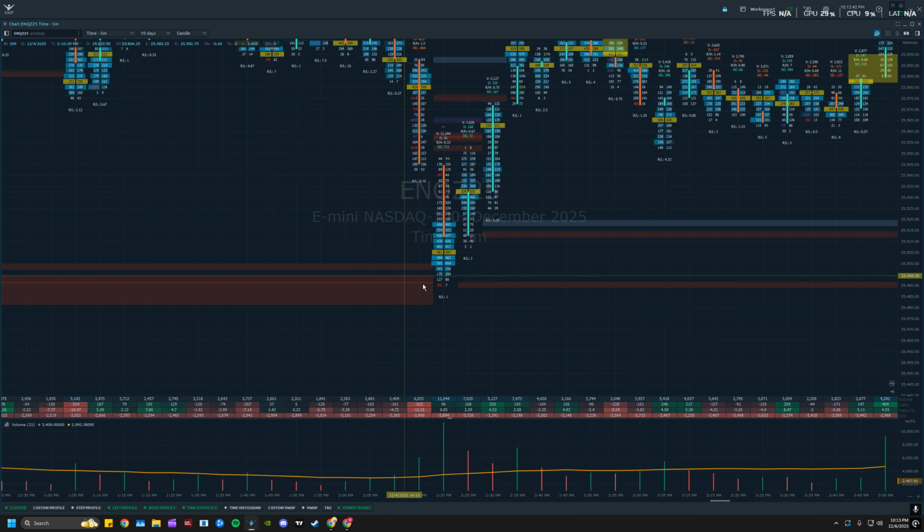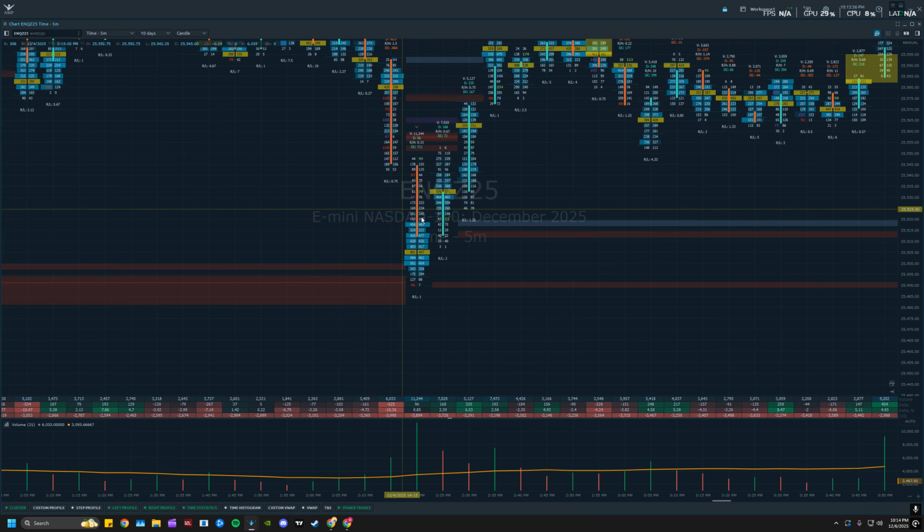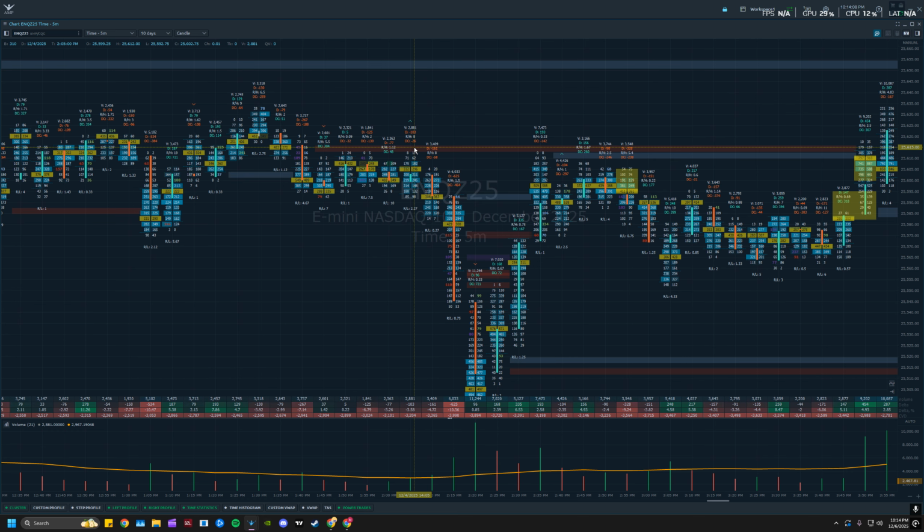Obviously, there's a passive buyer not allowing price to come down. I'm pretty sure there was a ton of negative delta coming in, and then the delta flipped positive. So you could have entered off of the close, right? Take your entry here, have your stop at the low or below the imbalance. You could also do that. That's something that I would prefer. And then you could have had your take profit here at this imbalance or here at this imbalance, or you could have just looked at the higher time frame,